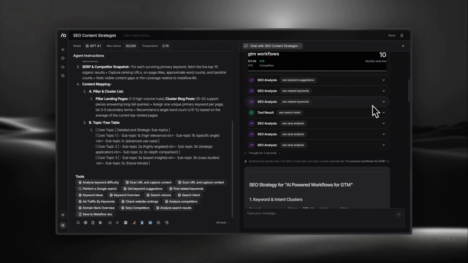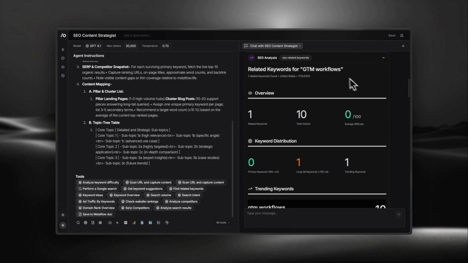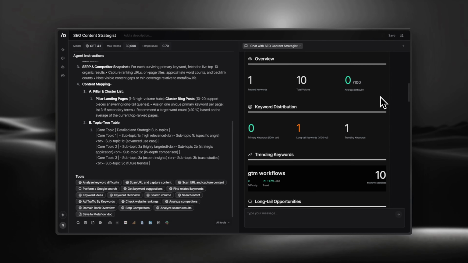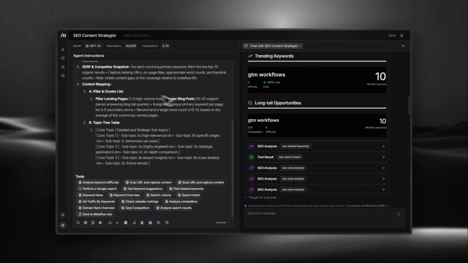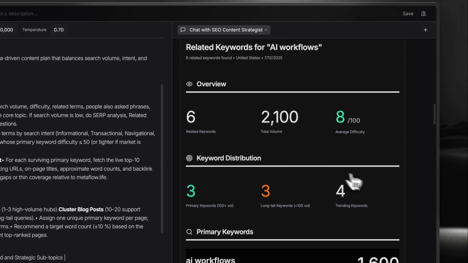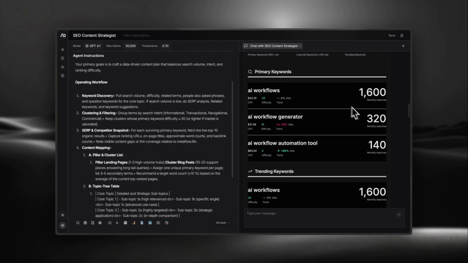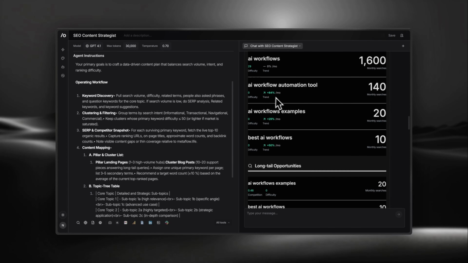Then it called another keyword search tool called related keywords and gathered volume data as we suggested, keyword volume, difficulty, related terms, and so on. It's calling all those related tools, and it pulled some good ones with AI workflows, with a total volume of 2,100. Once it got good data, it moved on to the next tool to look at search intent,